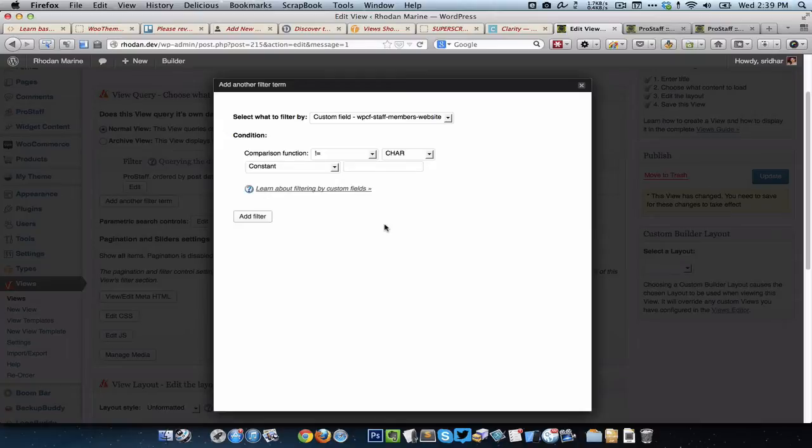So essentially what I'm saying is, if staff members website custom field is not blank, notice how I'm not entering anything here. So when I say it is not blank, it means something should be there. So only if something is there, in the sense if at least one URL is present for that field, only then should only those posts or only those entries that meet that particular criteria be fetched. So I'm going to click on add filter